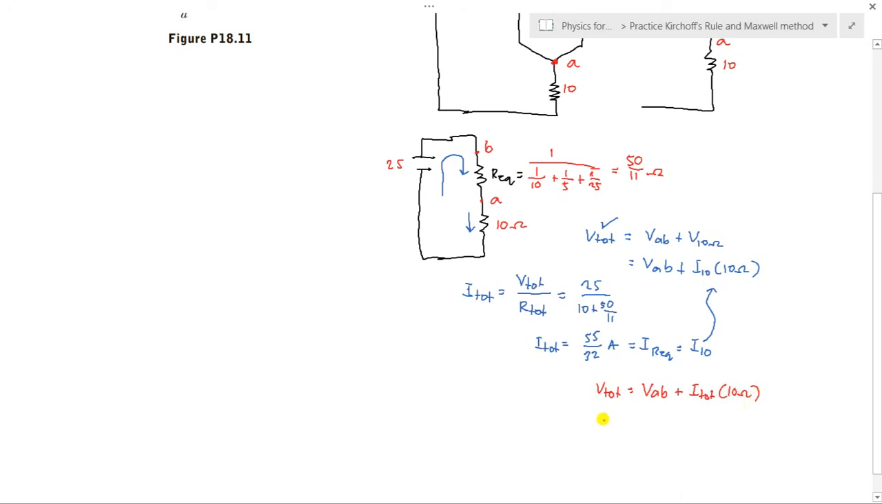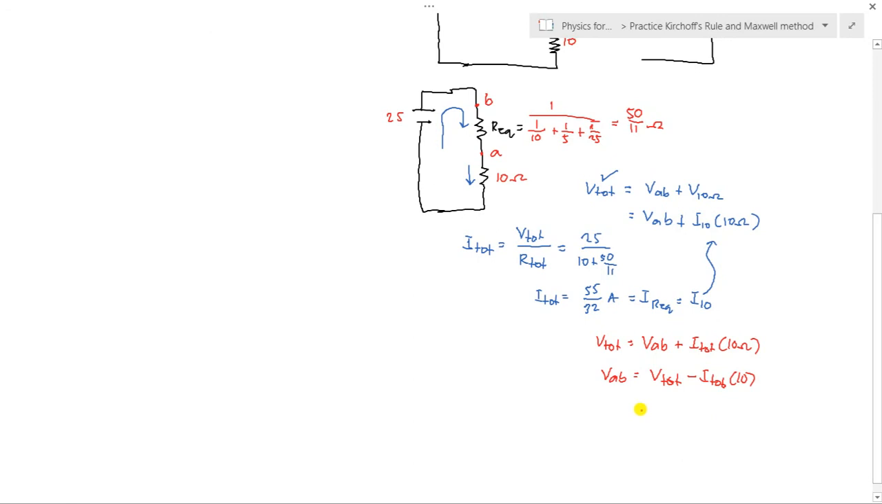Solving for VAB, so we have VAB is equal to V total minus I total multiplied by 10. So that would be 25 minus the I total, which is 55 over 32. So right there, 55 over 32 multiplied by 10. So the answer here is 25 minus 55 over 32 multiplied by 10. So the answer here is